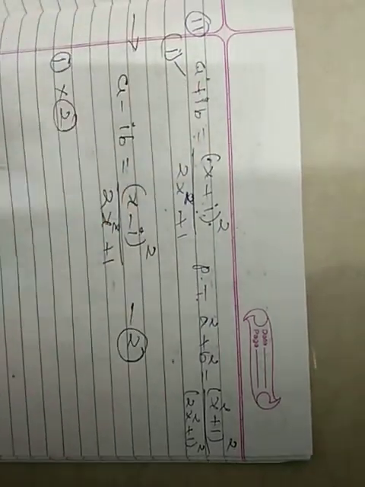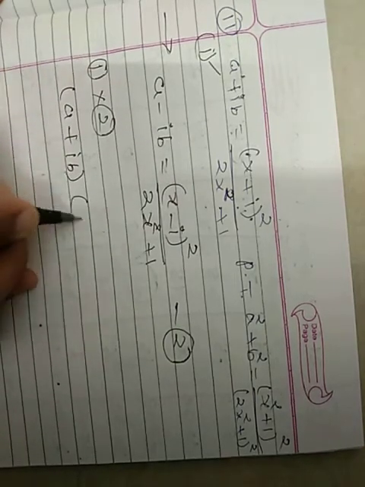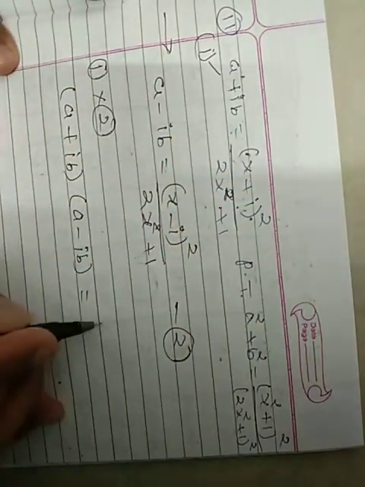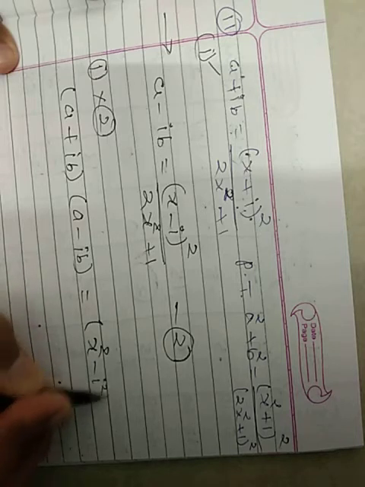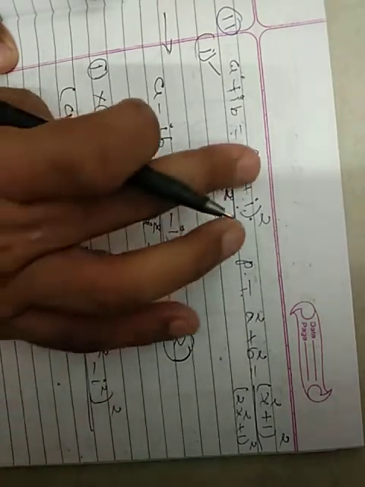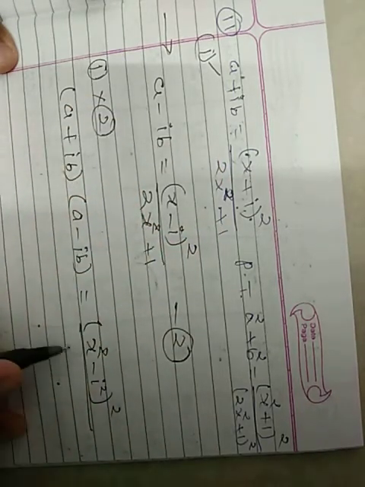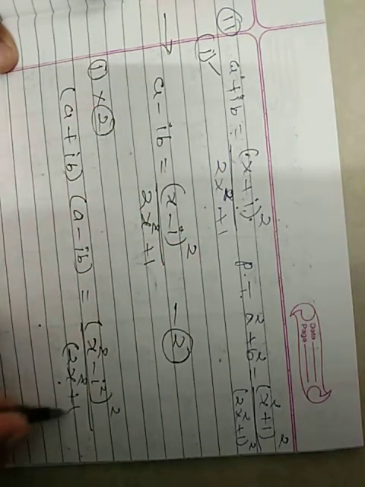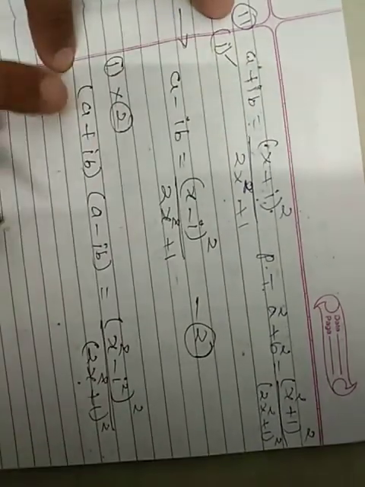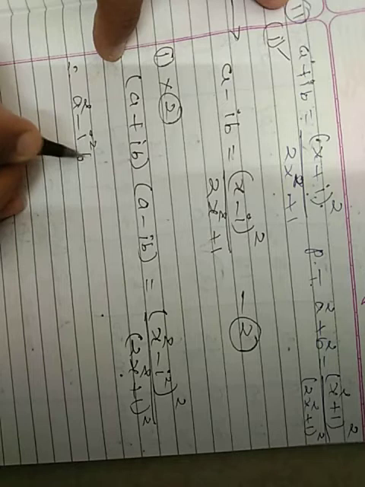Multiply a plus ib with a minus ib, and x plus i with x minus i, giving x square minus i square, then squared. a plus b, a minus b, therefore a square minus b square, and its square. Okay, 2x square plus 1, 2x square plus 1. It is 2x square plus 1 whole square. Isn't it? Multiply both. Now a plus ib times a minus ib gives a square minus i square b square.